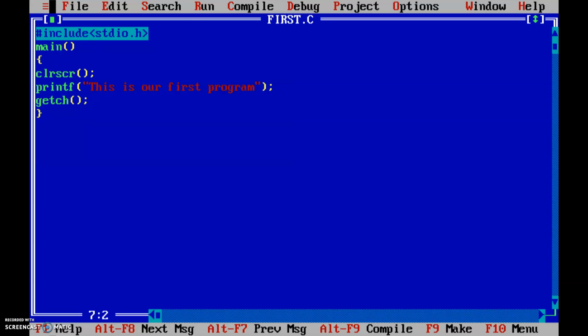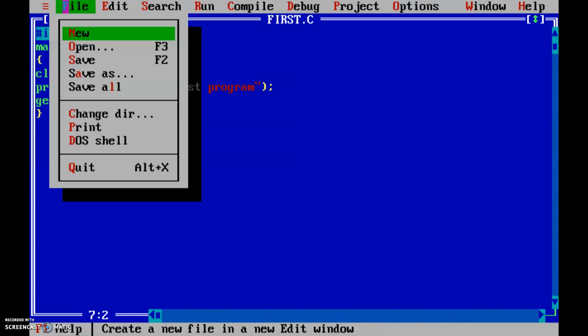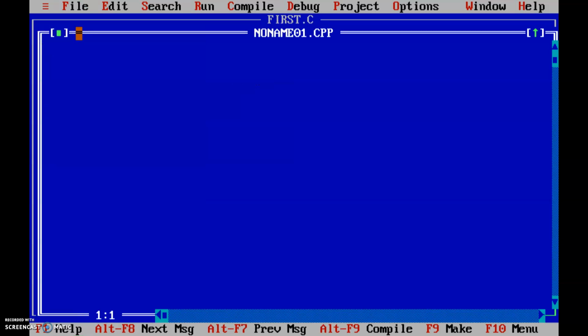So next one more program we will see. Go to file, click new. Okay, then include the header file: include stdio.h, then main, then give the clear screen. Now we are going to assign one value.